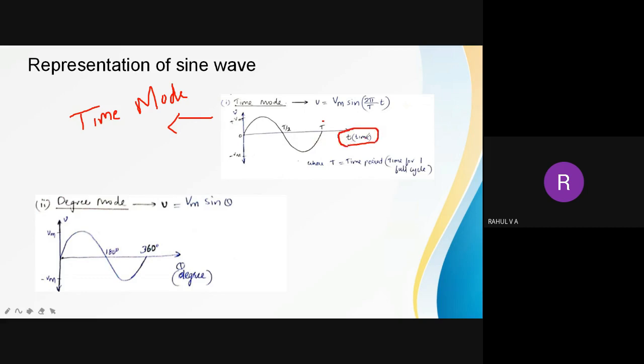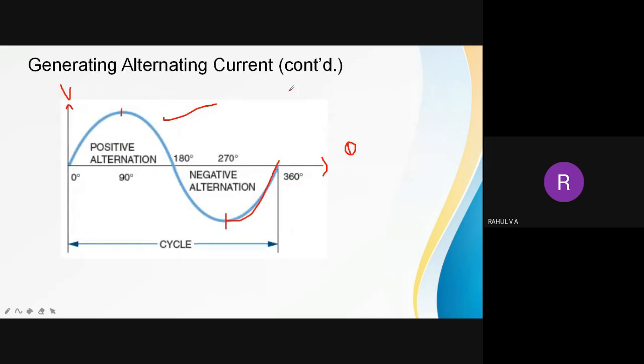Okay, at 0 second what happens, at 0.1 second what happens, what is the value of voltage, at 0.2 second what is the value of voltage. So this is the equation: V is equal to, that is the instantaneous value, V is equal to peak value sin 2 pi by T into t. So this small t is the time. Okay, again I will explain one more thing. V is equal to Vm sin omega t. This is the equation for an AC waveform, sin omega t or sin theta. Now let me take sin theta.